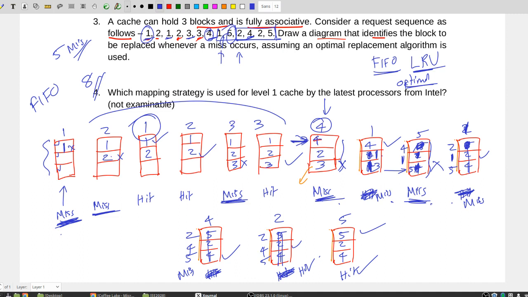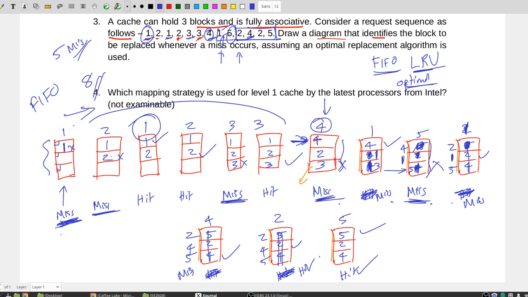You can read the Wikipedia article on replacement algorithms, and they already list a number of different algorithms. Okay, like I said, just by looking at the title, you will already get an idea of what the algorithm is. No complications there. Now that completes the third question. Let's look at the fourth question.